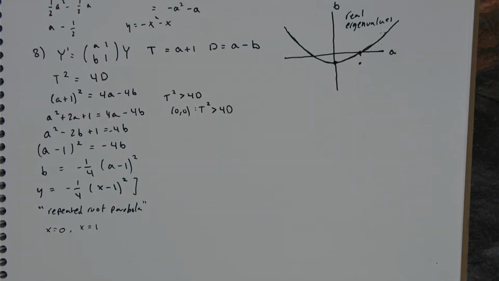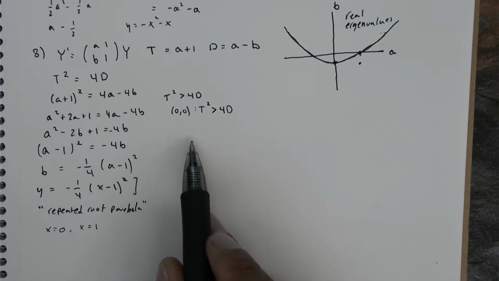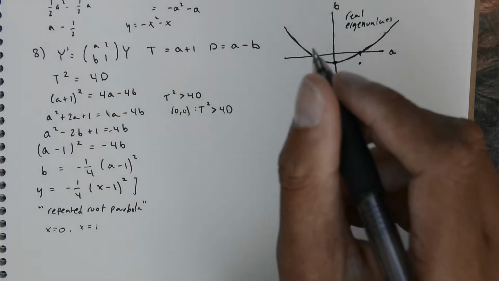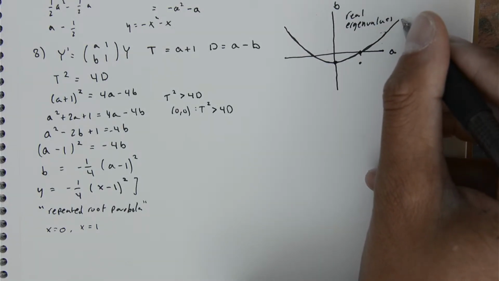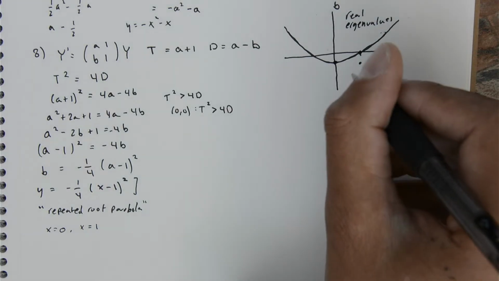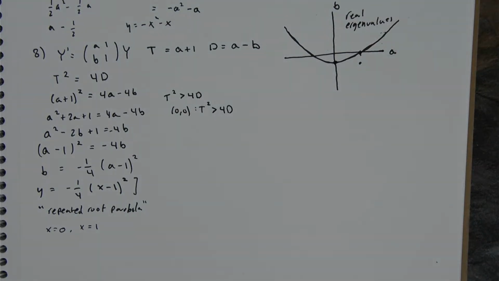Wait, what is the actual problem? The problem says, identify all regions where this system possesses a saddle, a sink, a spiral sink, and so on. Okay. So here we have, so this is the repeated roots. So let's take like, oh my gosh, this problem is tough. All right, so let's take like